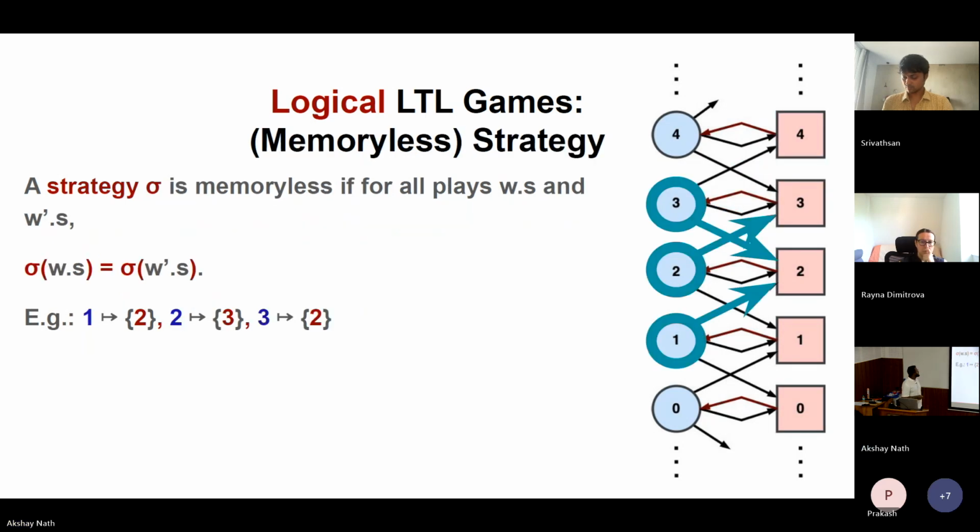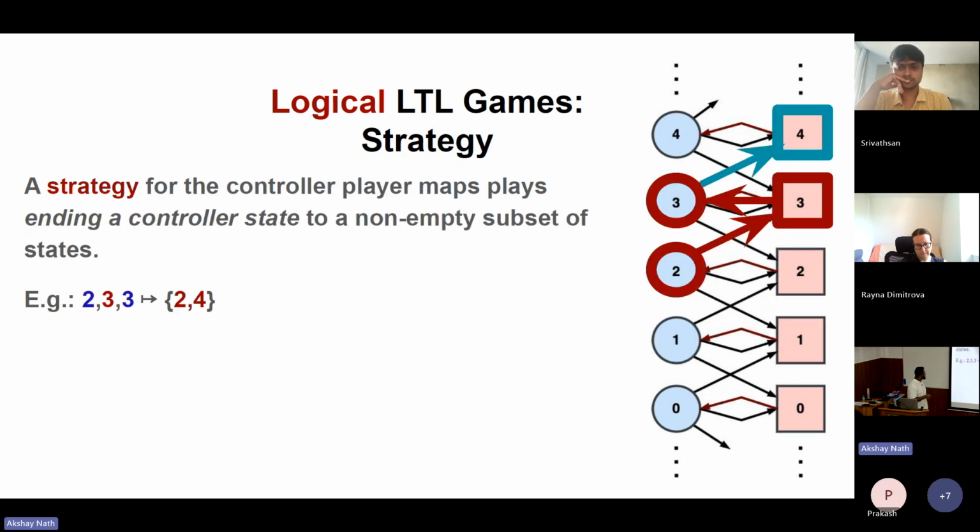Next, a strategy is memoryless if for all plays w·s and w′·s, sigma of w·s is equal to sigma of w′·s, which tells me that you take any path to come to the given state. For all such plays, you still give the same move. So you can just collapse the entire play to just one state. And essentially, you can say something like from state 1, just play 2, from state 2, play 3. Sigma gives me the subset of states, right? The next move. If the subset of states is equal for every play,